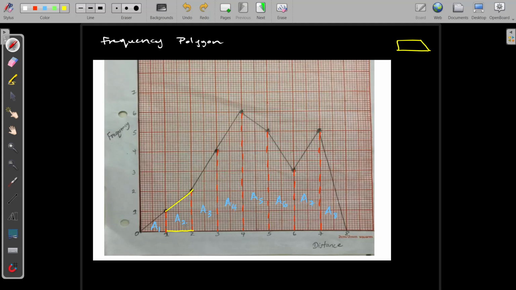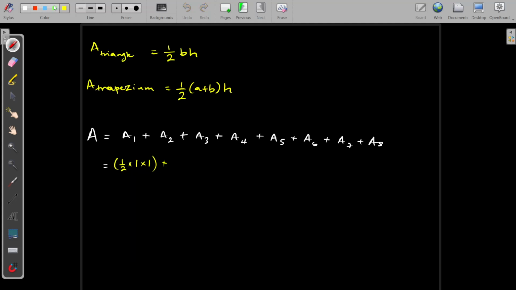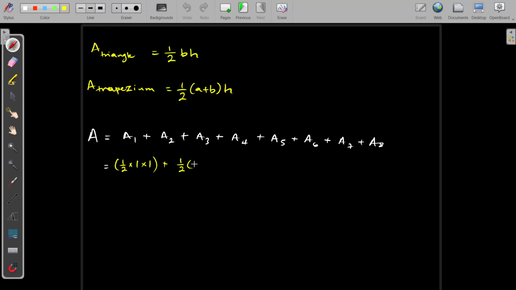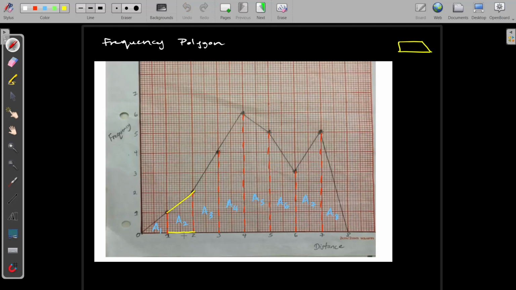So now the area for this would be half the sum of the parallel sides. So this is 1 and this is 2. So it's half (1 plus 2) times the height, which is 1,